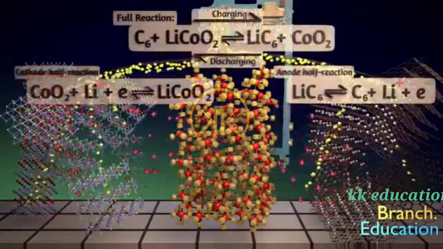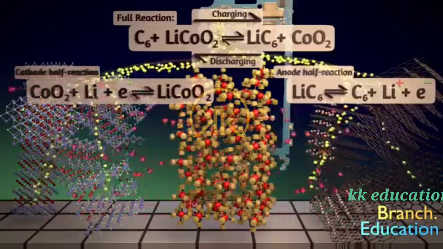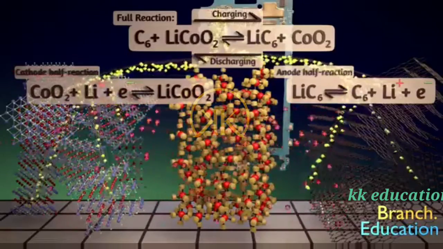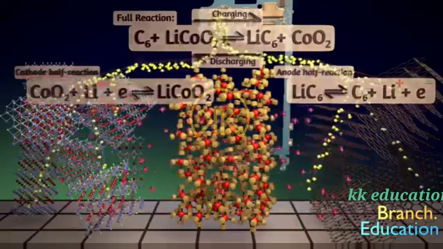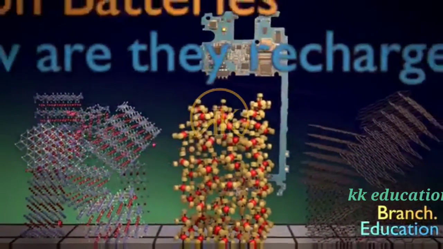Here's the chemical formula for the reaction. Thus, at the end of the day, almost all of the lithium has left the graphite layers and joined the cobalt to become lithium cobalt oxide, and your battery is now running on empty. Now that the battery is empty,